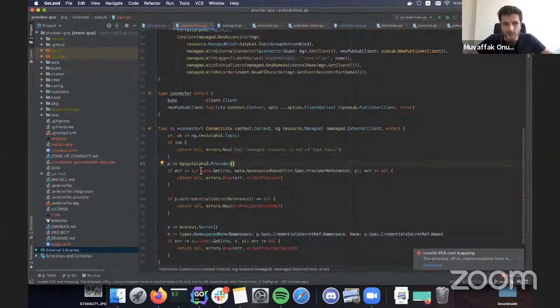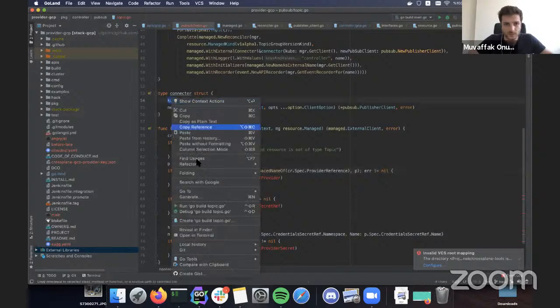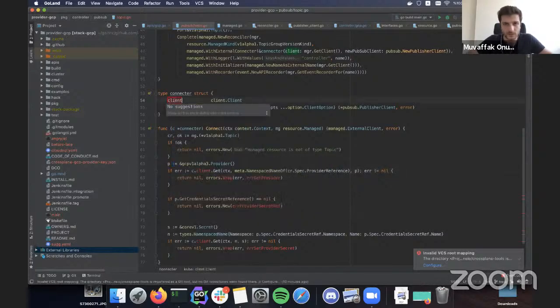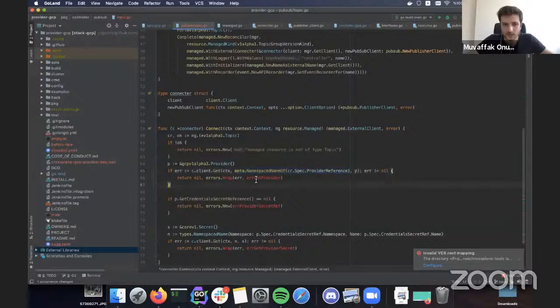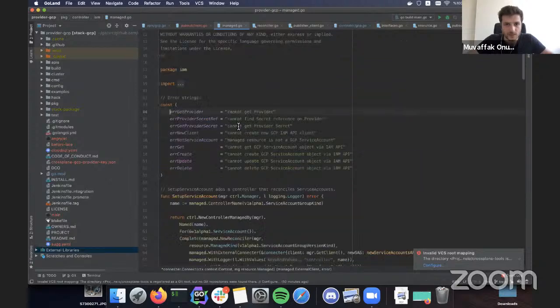Let's change this name to client. What's happening here is that I fetch that provider from the Kubernetes API, using the namespace name of the provider reference here. And some of the error strings, maybe we can copy them over.